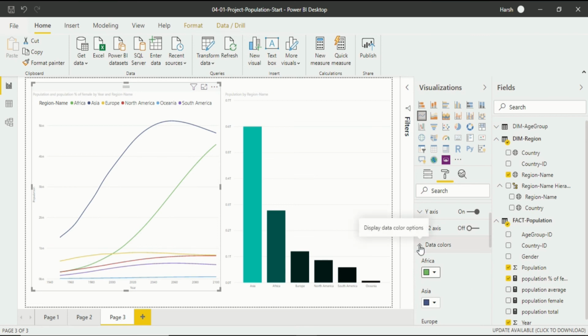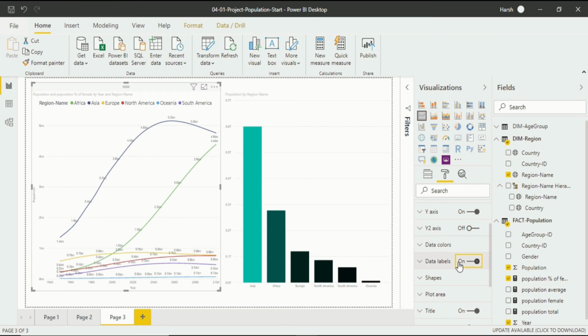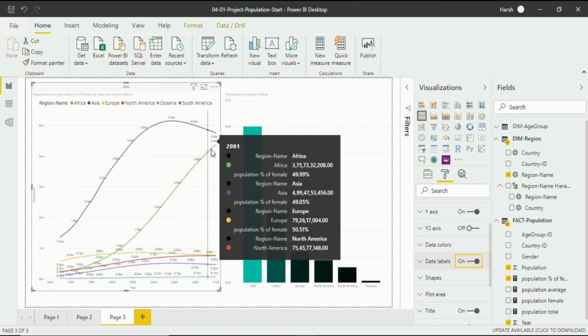Now let's close the data colors and move on to another topic, that is data labels. Data labels is also one of the important things if you require it in your visualization. So what is it? Let me just switch it on, and you will understand what data labels are. These are the data labels, specifically for that specific data set, and for the particular timeline the number is present now.